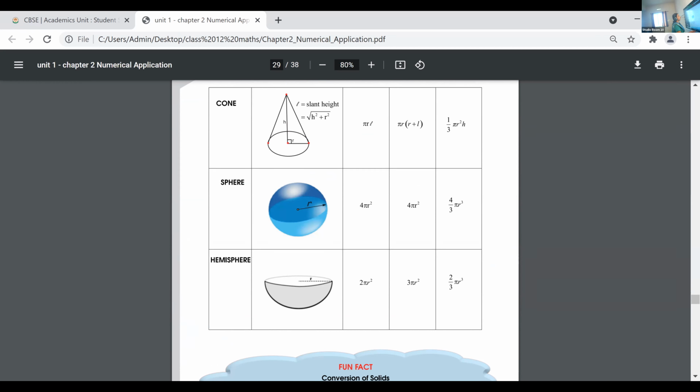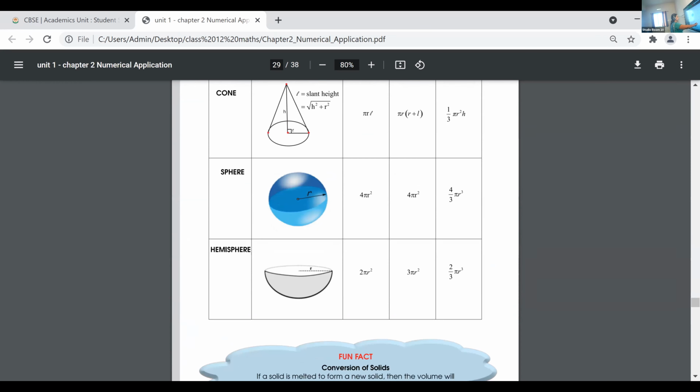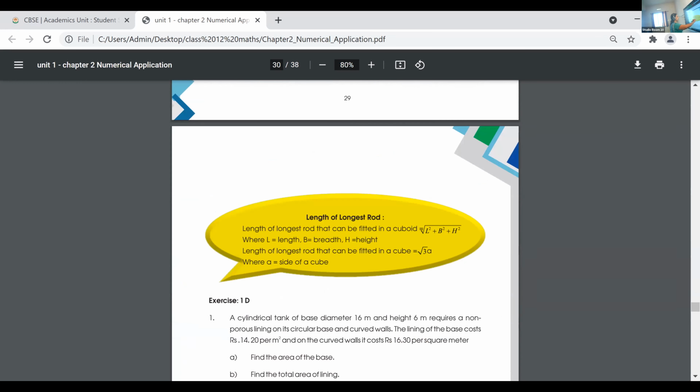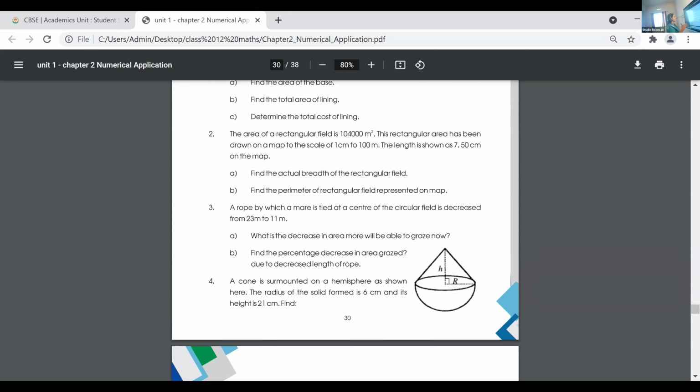Now we are going to solve a few questions based on this. Actually, these questions we have solved last year, so we can do some questions just as a revision. Questions will be asked from this part. Now look at this question. We can do the fourth one. Look at the fourth one.